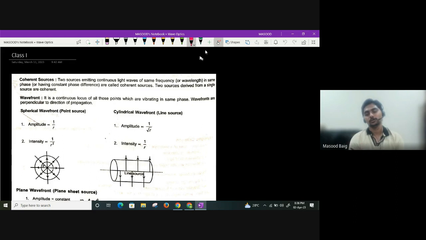In diffraction, you have 4 or 5 formulas only, right? What would be the angular position of nth minima? What will be the angular position of nth maxima? What is the angular spread of central maxima? What is the width of central maxima? What is the width of any other fringe? What would be the intensity of nth maxima? These 6 formulae are there in diffraction. Whether you understand the concept of diffraction or not, even if you remember the 6, 7 formulae, you will be